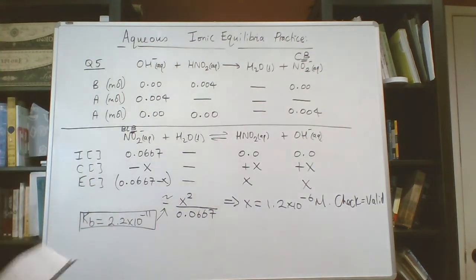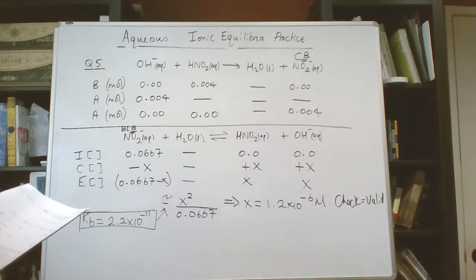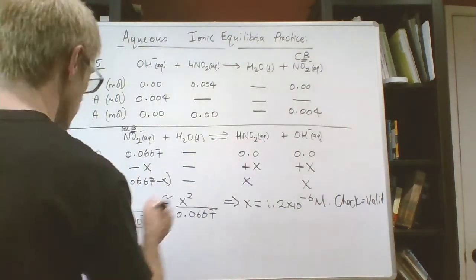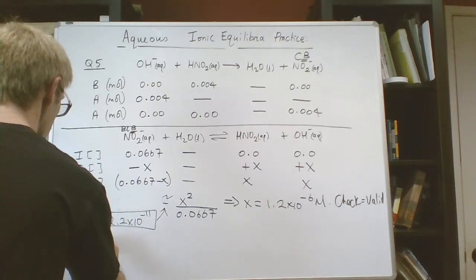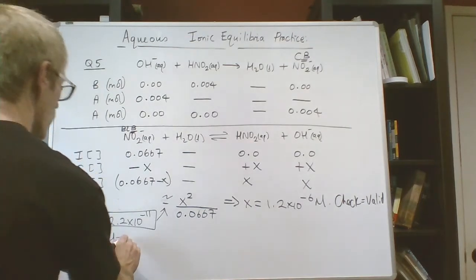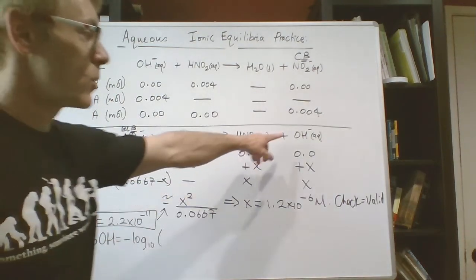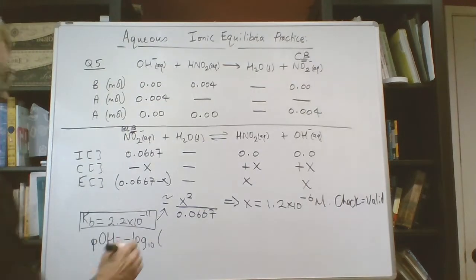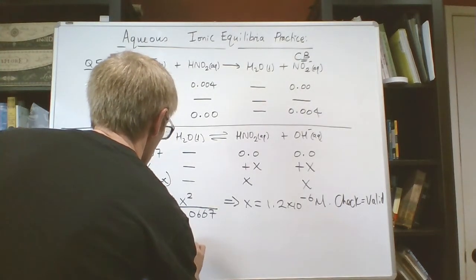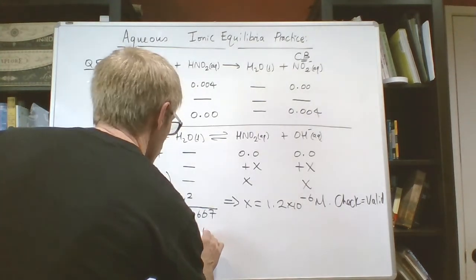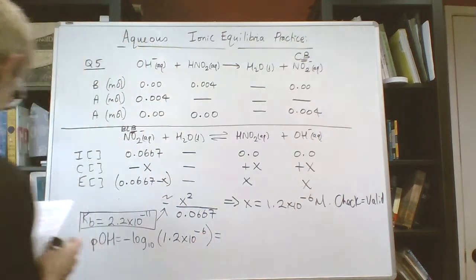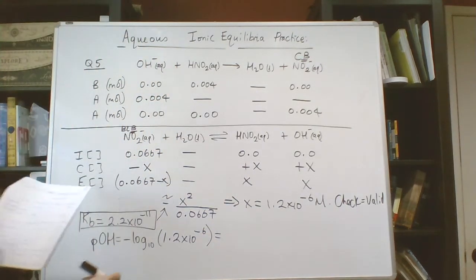So my apologies for that. So I just use the Kb value. Okay, I have a value of x. I now need to solve for pOH, because that's all I can do. So pOH is negative log base 10 of OH minus, which was x, so I can plug that value in. 1.2 by 10 to the negative 6, which gives me a value of